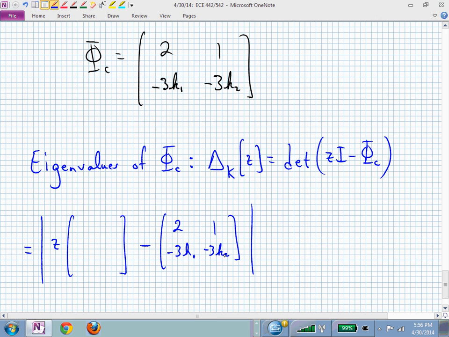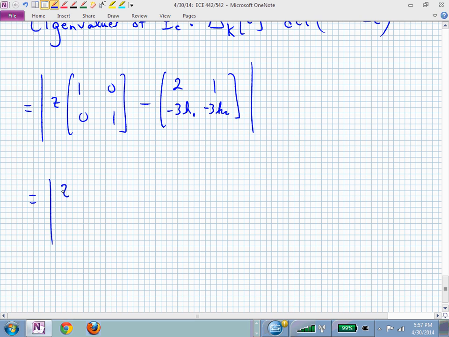And these vertical lines are indicating determinant. And what's in this yet to be written matrix? That's my I, isn't it? It's an identity matrix, and it has to be the same dimension as phi. And the identity matrix is just ones on the diagonal, and the square matrix is compatible with the phi sub c. And now the z's become elements on the diagonal,